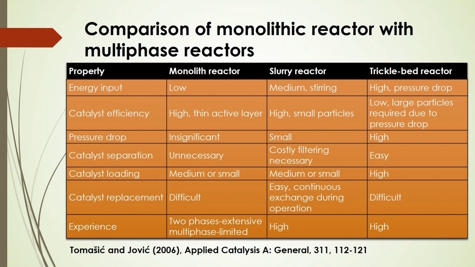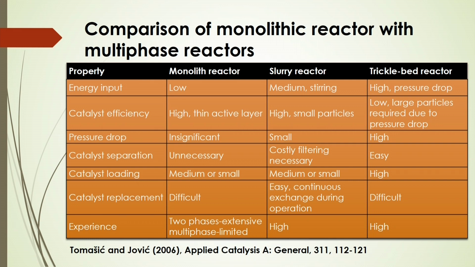Whereas in the trickle bed reactor this catalyst separation is easy since the size is very large, so you can easily separate. But for the slurry reactors it is sometimes not easy,